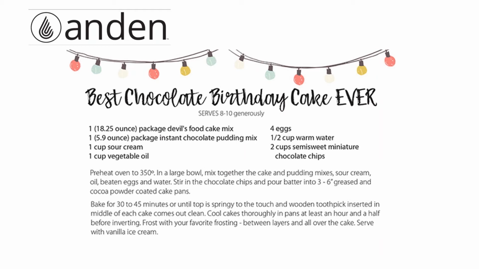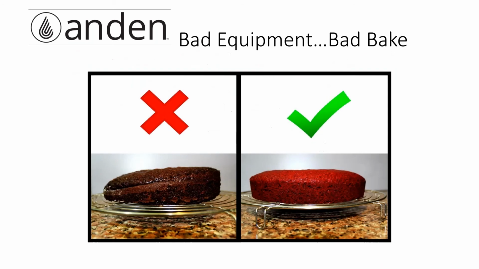We have the ingredients, we have the temperatures that we got to cook at, we have the type of things we got to cook in, and we got the amount of time we got to cook it for. He goes, that never will give you the best chocolate cake. You have all the ideas, but if you don't have the right equipment, if you don't have the right oven that can consistently give you the temperatures, you're going to end up with cakes that are different.